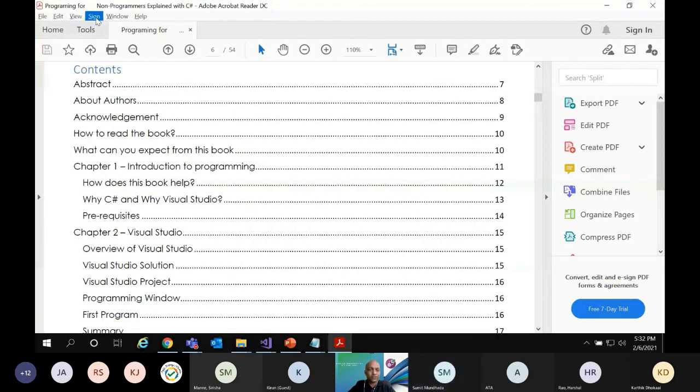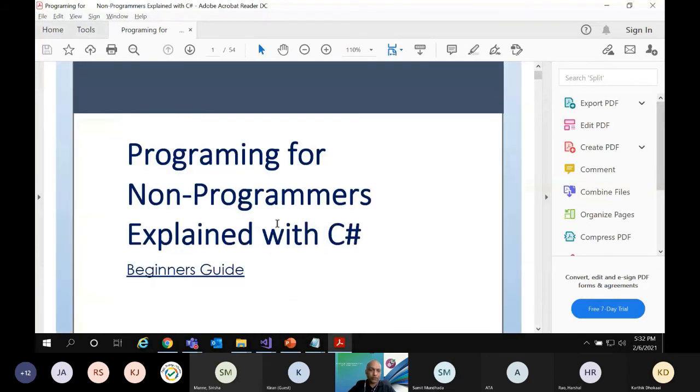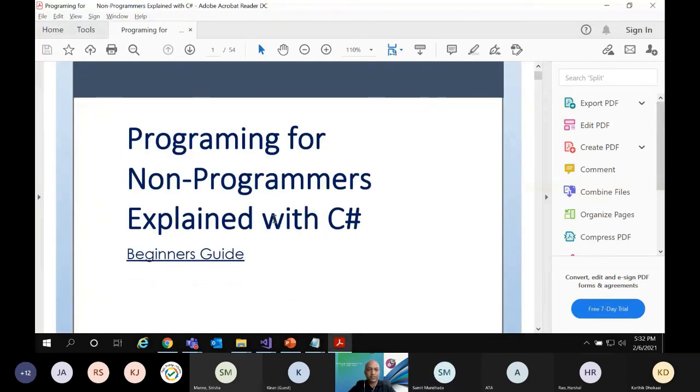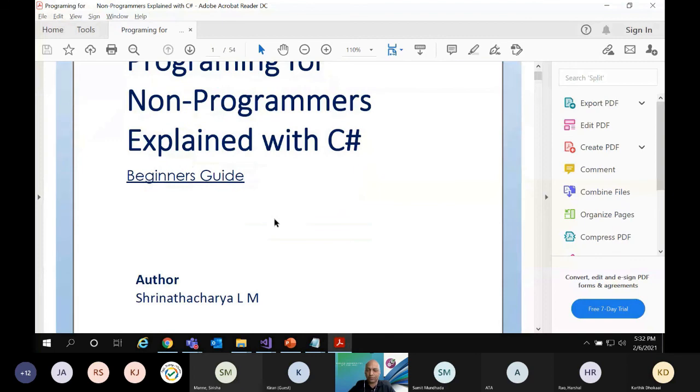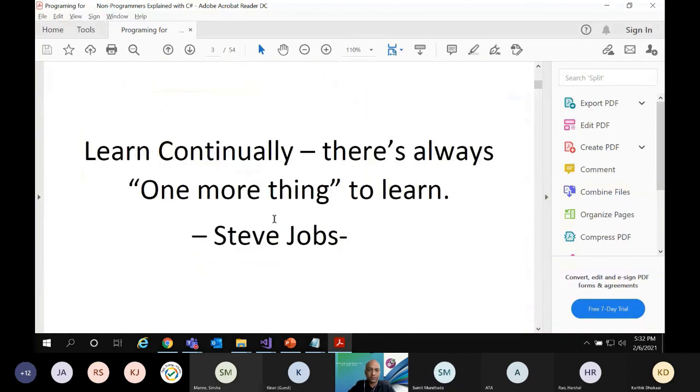So this was a book which I wanted to write: Programming for Non-Programmers Explained with C#. It's a beginner's guide.